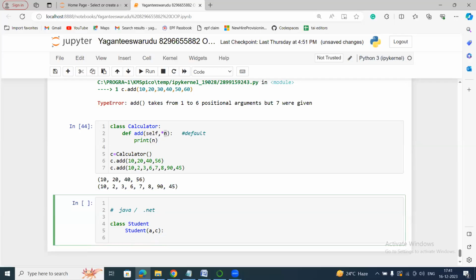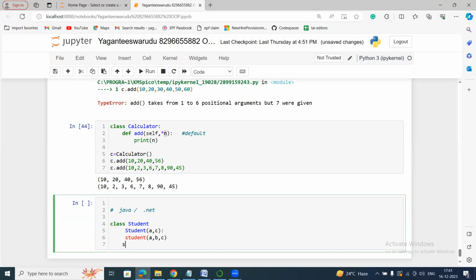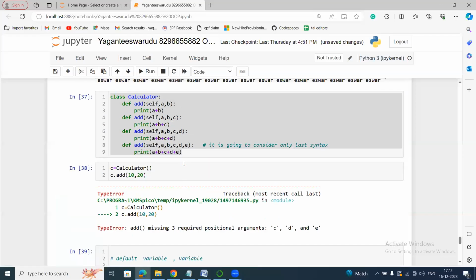If I pass two parameters, I can initialize two parameters. If I declare my constructor with 3 parameters, I can initialize 3 parameters. Based on the number of parameters, I'm going to invoke my constructor. So while initializing, if I pass 2 parameters, it will invoke the first syntax. If I pass 3 parameters, it will invoke the second syntax. But in Python, what is the problem here is,